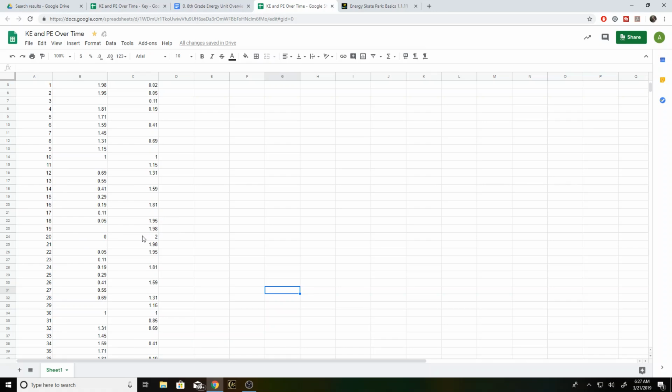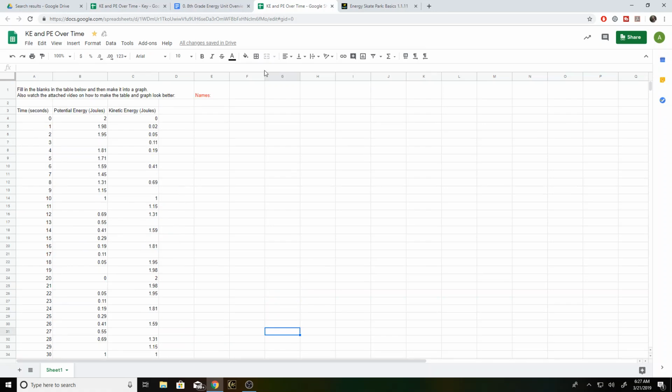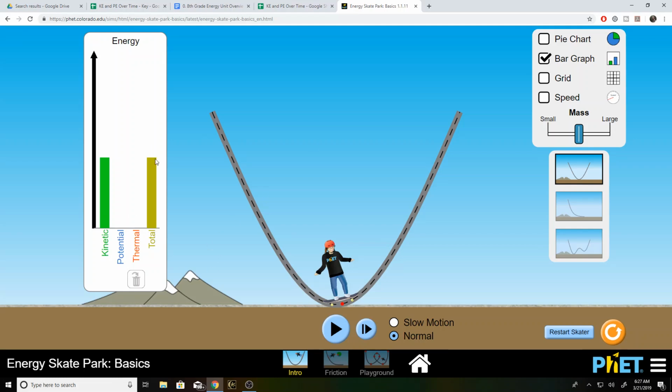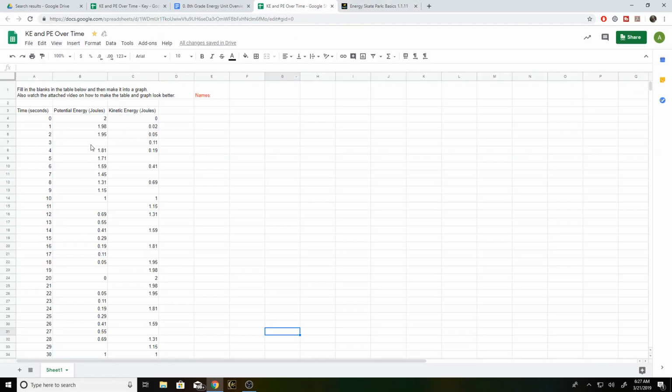to be all kinetic. So basically they should add up to being the same total energy, because if you look here, the total is staying the same no matter what. It's just a matter of doing some simple subtraction or addition to find out what numbers are missing here. So once you fill that out, you're going to then want to also make this graph look a little bit